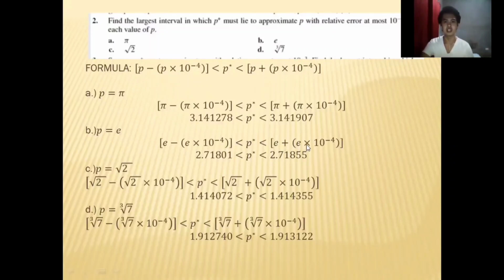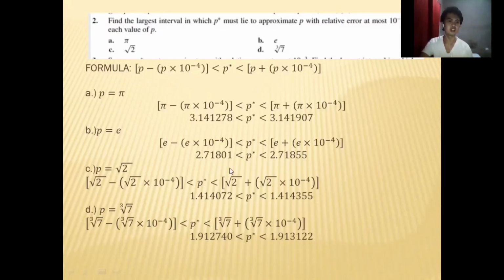And in letter B, p equals e, so e minus e times 10 raised to negative 4 and e plus e times 10 raised to negative 4. For e minus e times 10 raised to negative 4, using a calculator, we get 2.71801, and for e plus e times 10 raised to negative 4, we get